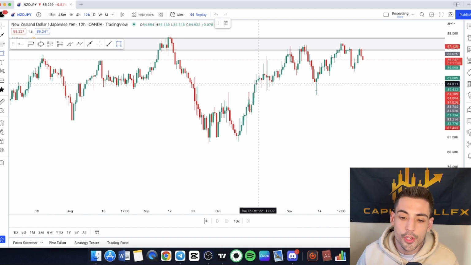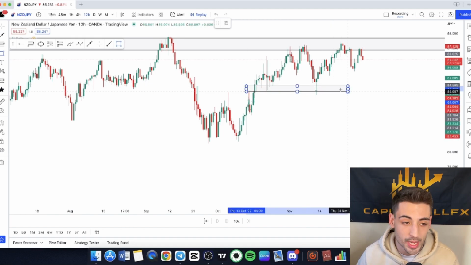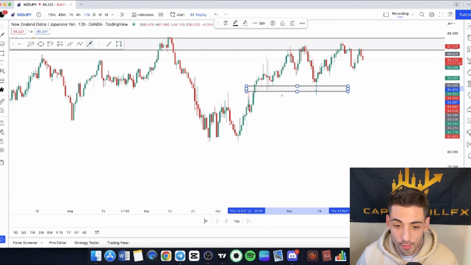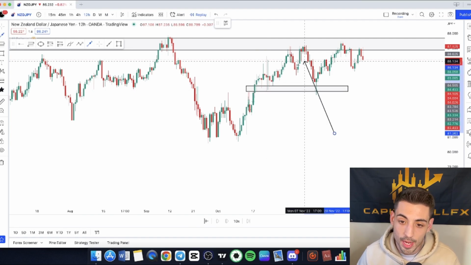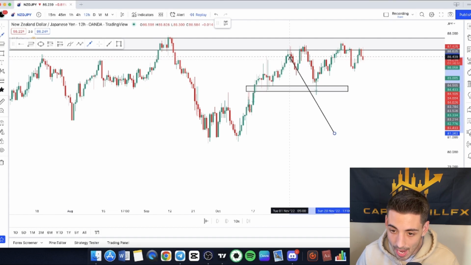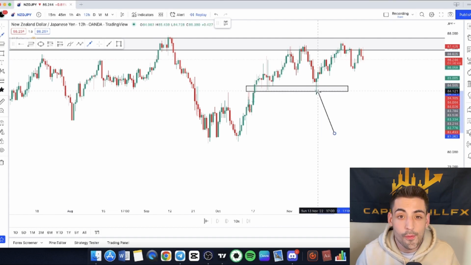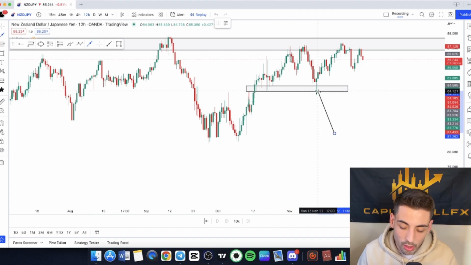So anyway, we can see that we have a super clear support and resistance level outlined right here. A lot of rejection wicks presenting around this significant horizontal level. We can see every time that we've pinned in this zone, we've had a reaction towards the upside. So I was just anticipating once we actually profited off of this sell and came down to the significant horizontal level, if we showed bullish price action on the hourly or 4-hour time frame, I would look for buys towards